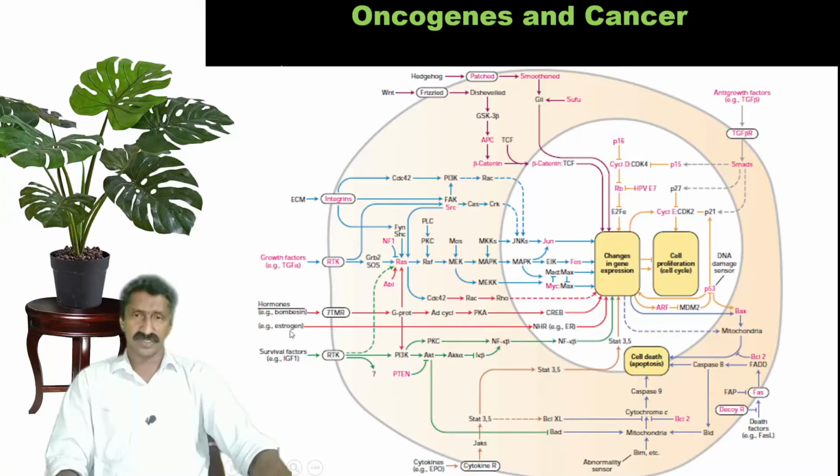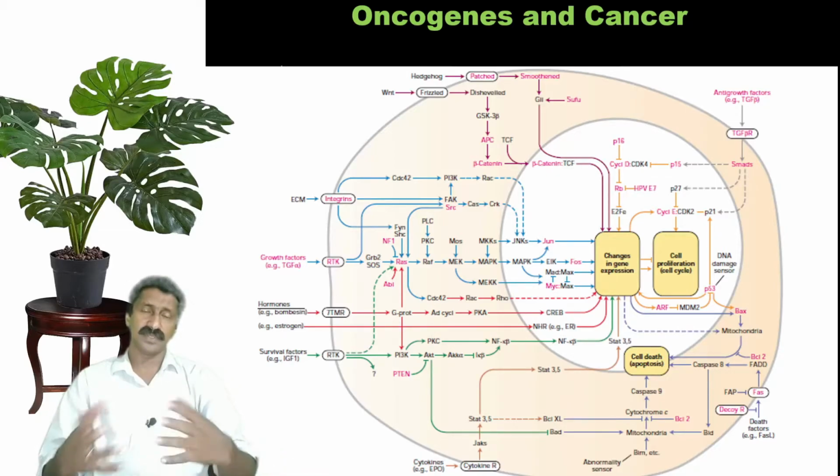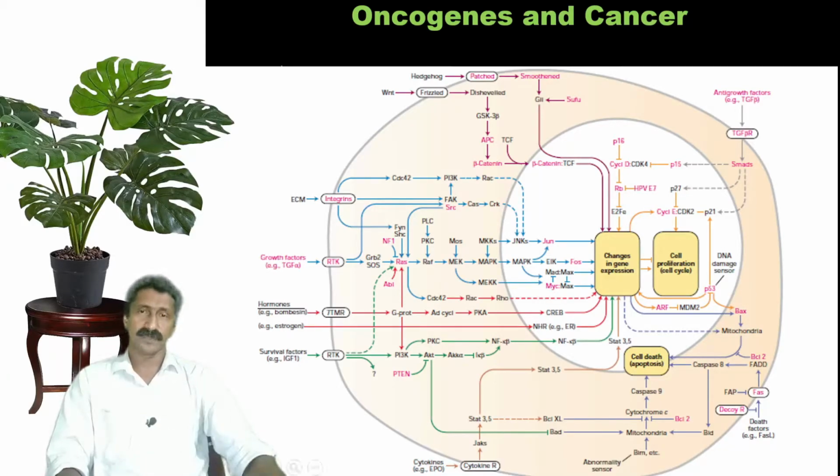So these are external stimuli or hormones, survival factors. These are different external proteins that are interacting with the cell to activate the cell growth or even regulate the cell growth. So like growth factors, anti-growth factors, or cell death factors, or apoptotic factors, and all these are different factors